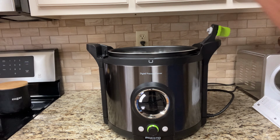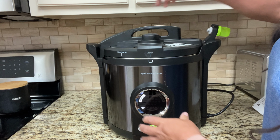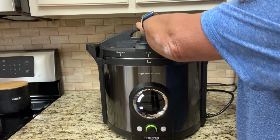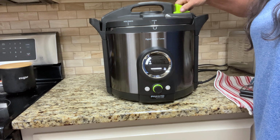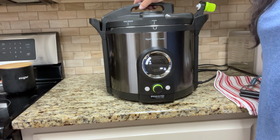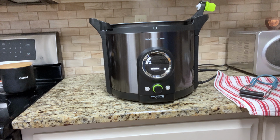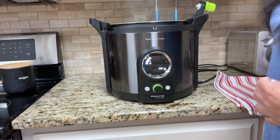and getting that vent to go all the way down. Once you figure it out, it was very easy. After it's warmed, it will tell you to fill your jars. So you simply take your jars out and empty the water out, and then fill them with your